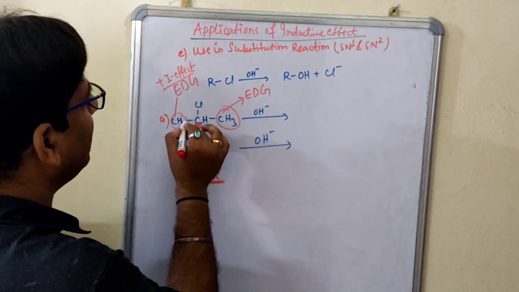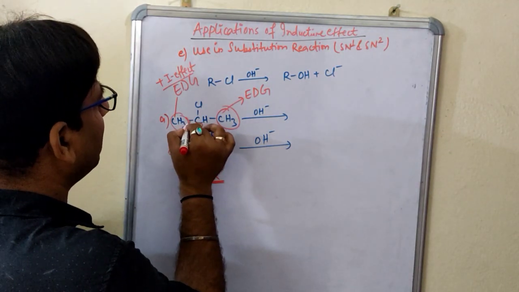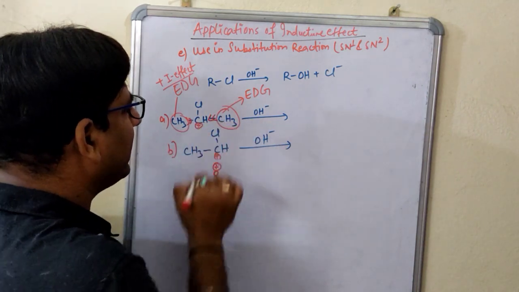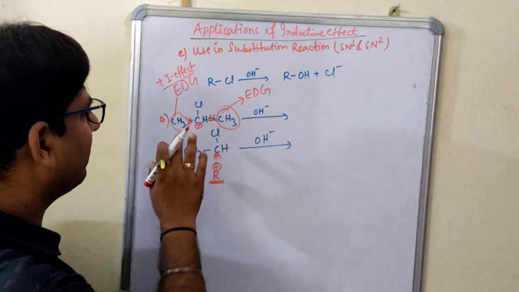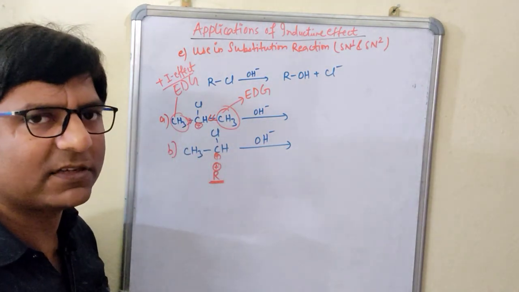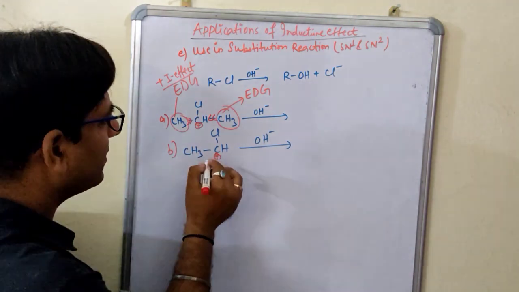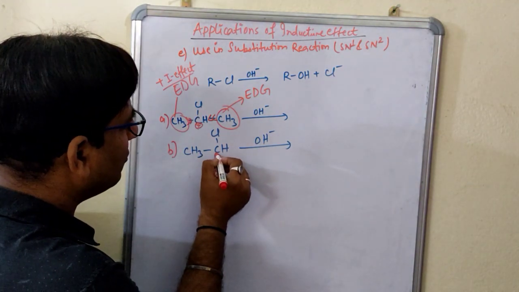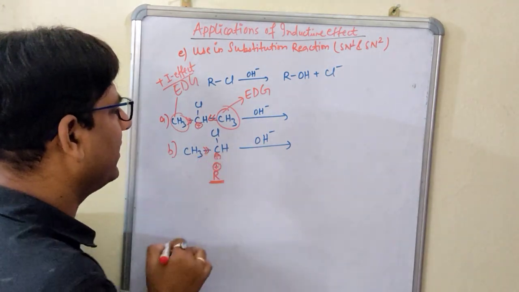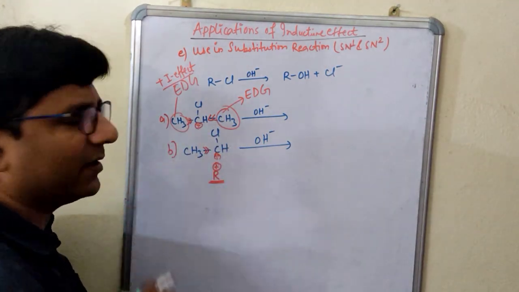Right? Now, what will we do? This CH3 will provide electrons to this carbon. Here also the CH3 will provide electrons to this carbon. Means from both the methyl groups, electrons have been donated to this carbon atom carrying the positive charge. Here in this case, to neutralize or stabilize the positive charge of the carbon atom, only one methyl group is there. Here we have 2 and here we have 1.